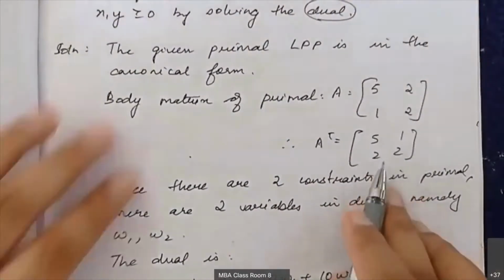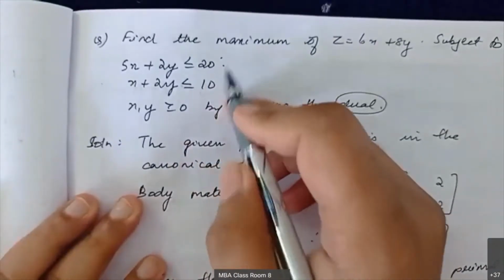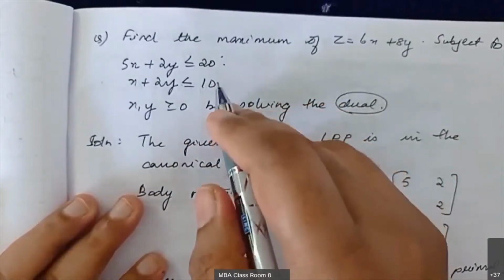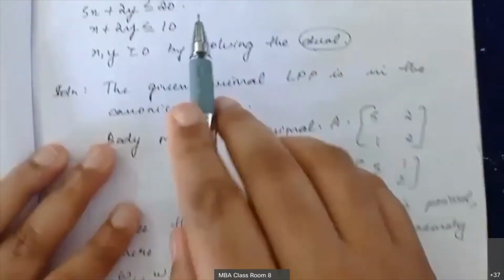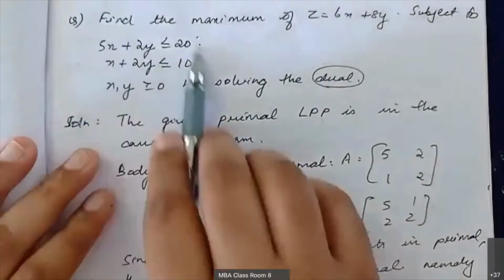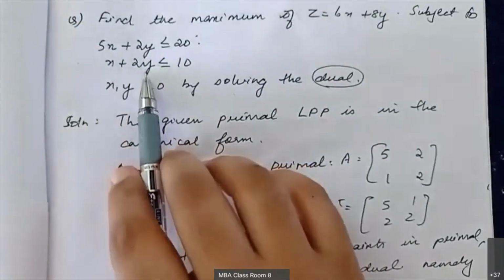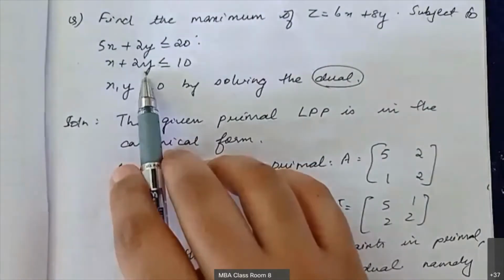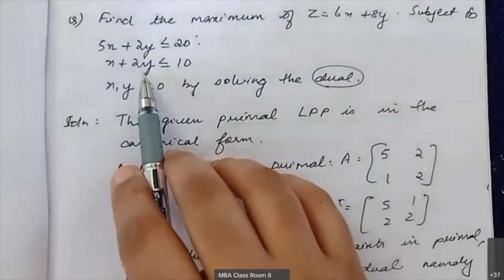Now we are going to check how many constraints are there in the primal problem. Here we have two constraints, so the number of variables in the dual will be 2. Always remember, we have to check all these things from the canonical form. Since the given form itself is canonical, I can take it from the question itself. Otherwise you have to check all these criteria: how many constraints are there, how many variables are there. All that you have to check from the canonical form.